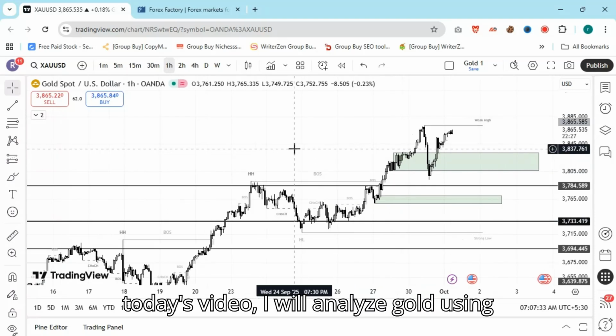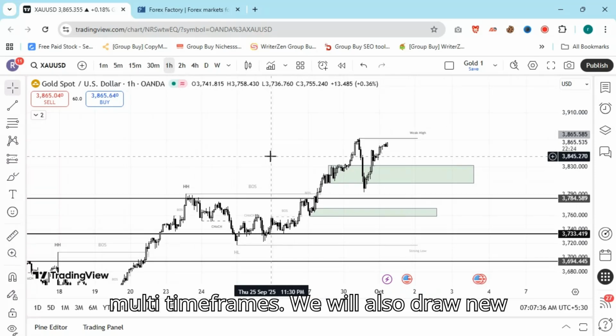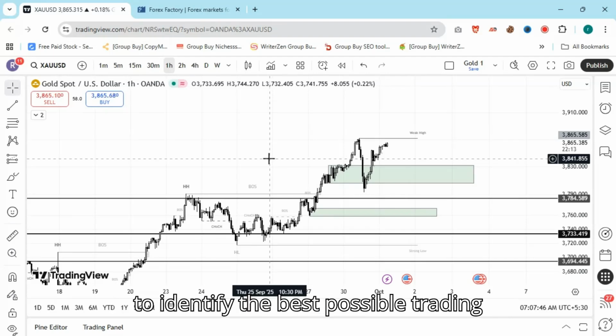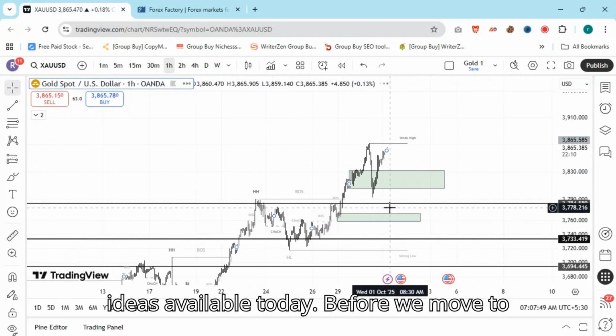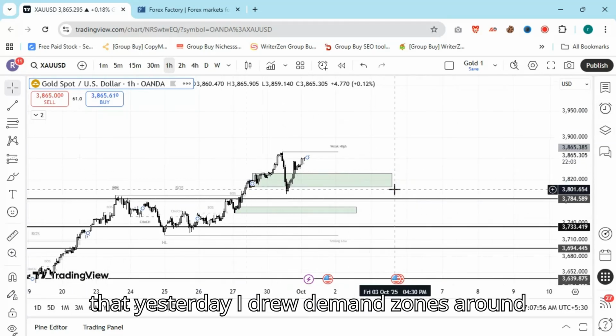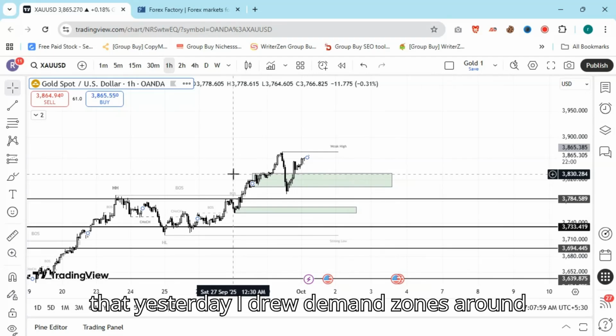In today's video, I will analyze gold using multi-time frames. We will also draw new demand and supply zones, which will help to identify the best possible trading ideas available today. Before we move to today's analysis, I would like to mention that yesterday I drew demand zones around the